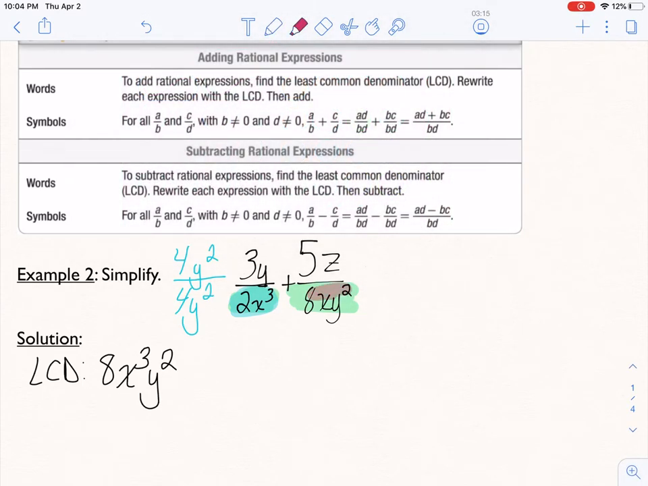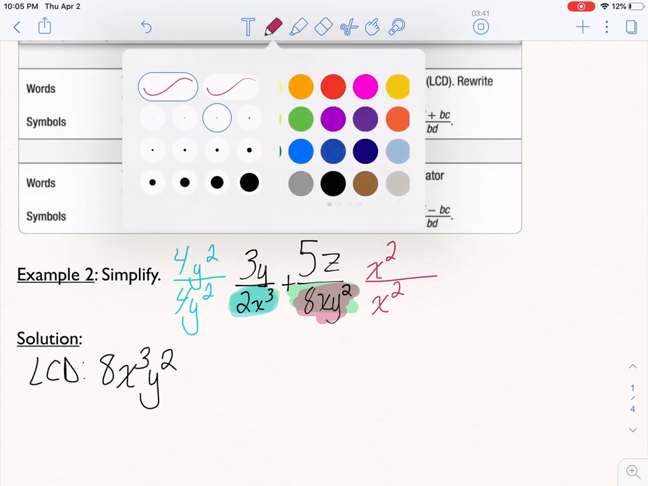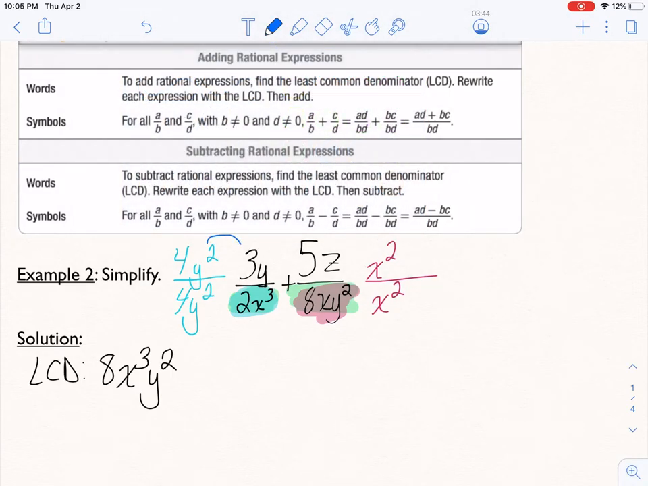Next up, looking at this denominator, 8xy squared. I've already got the 8 covered from the LCD. I have 1 x in my denominator. I need 3 of them, so I need 2 more. So I'm going to multiply top and bottom by x squared. I needed 2 y's, and I have 2 y's already in that denominator. Now, when I go ahead and multiply, 4 times 3 is 12. Y squared times y is y to the third, over 2 times 4 is 8, x to the third y squared,